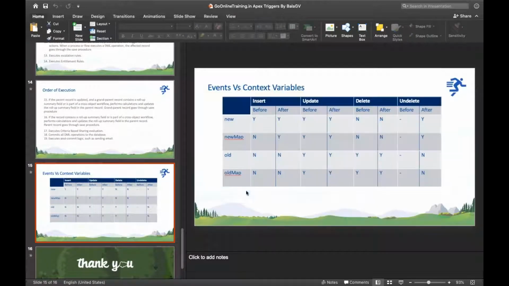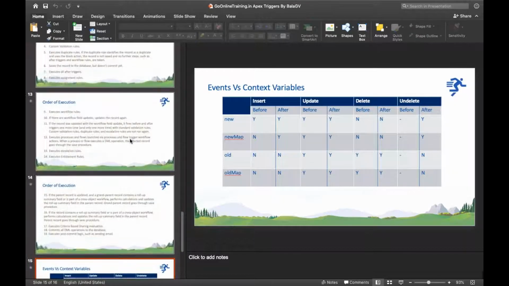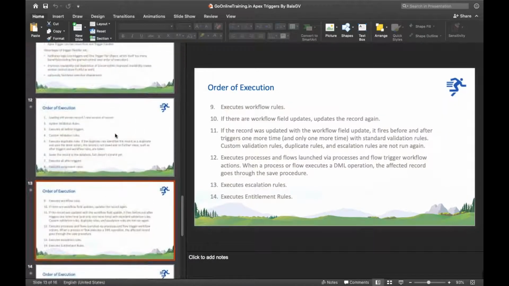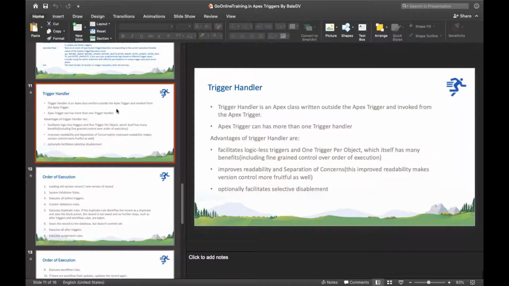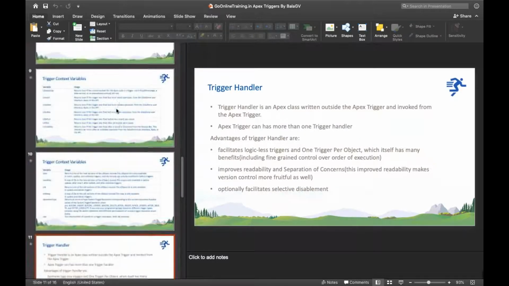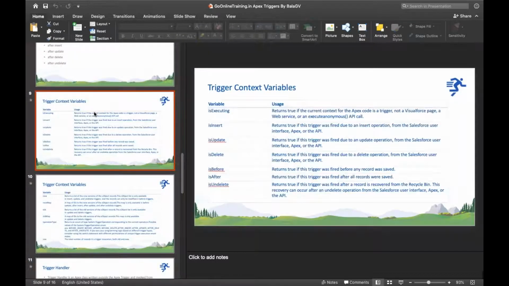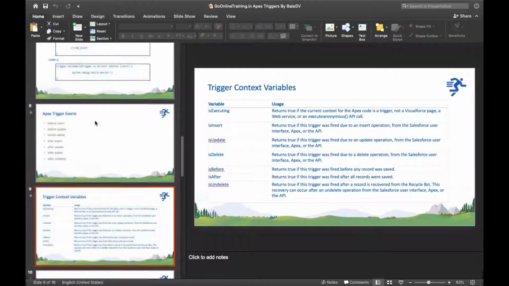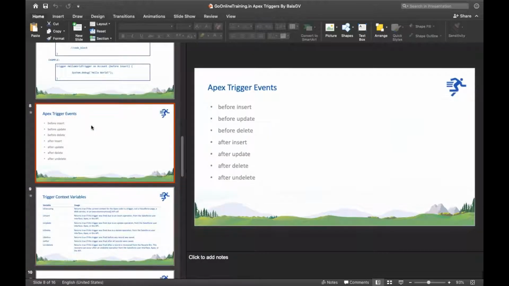I think now you remember this. You know the order of execution, you know the trigger handler and why we use it, you know there are 12 context variables in total, and you know there are 7 events.